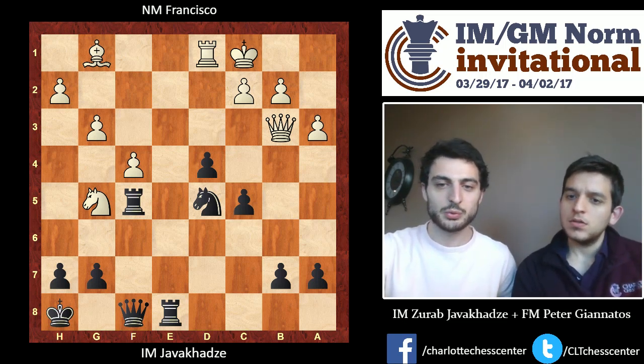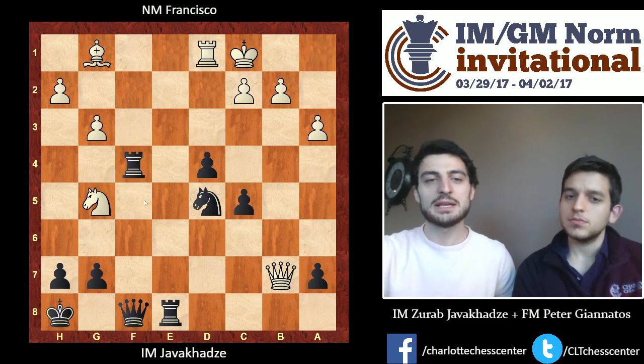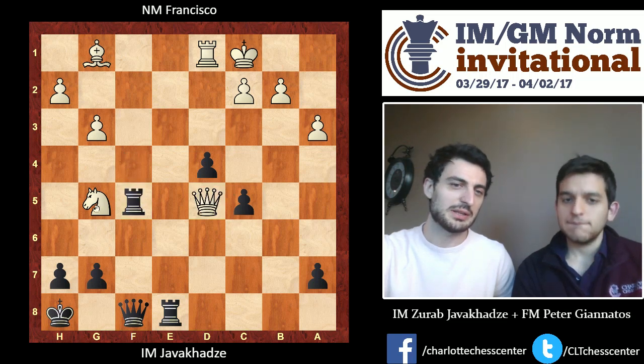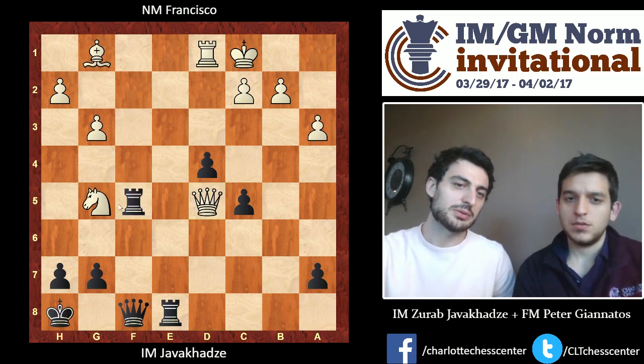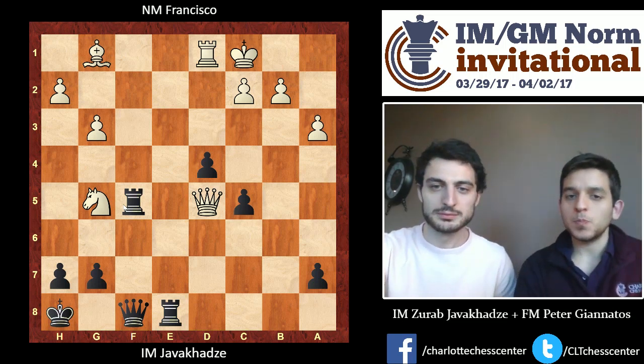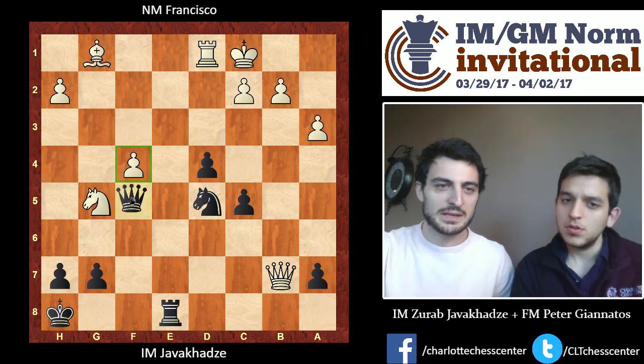I thought that after queen b7, I have rook f4. And the idea of rook f4 is he cannot take queen d5 because I have rook f5 and I win an exchange back. So his counterplay decreases very much. So on rook f4, he should take. I take with the queen,